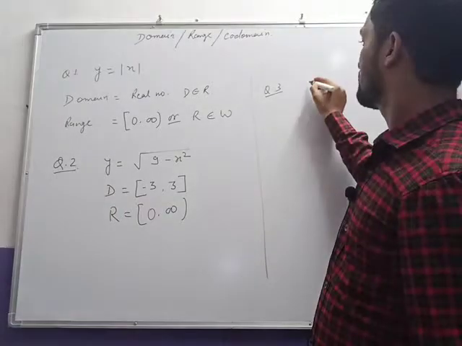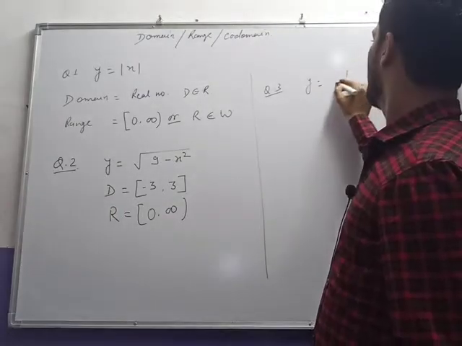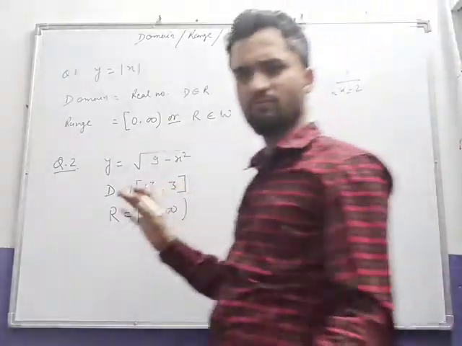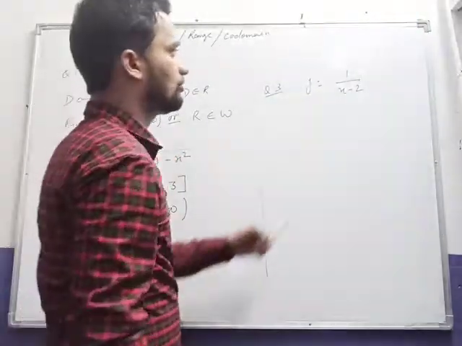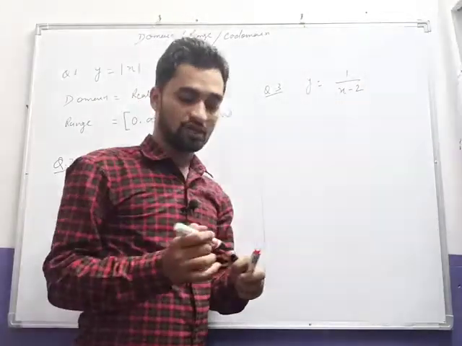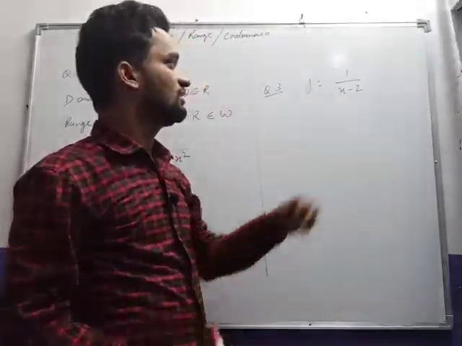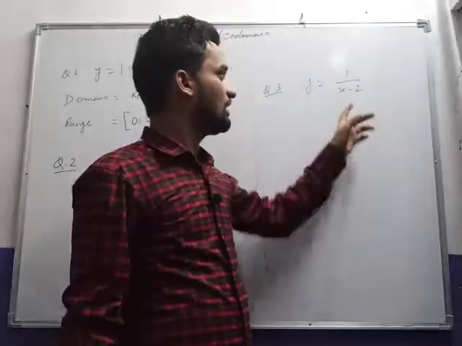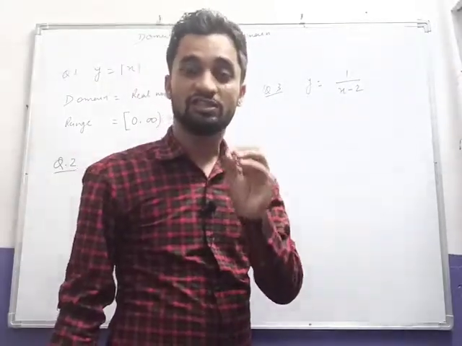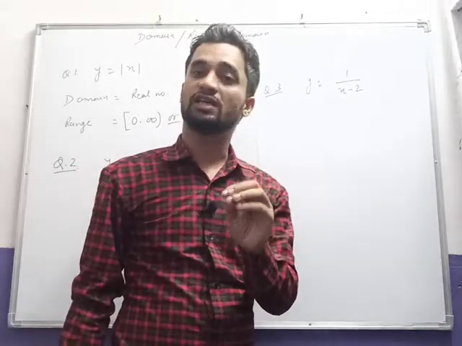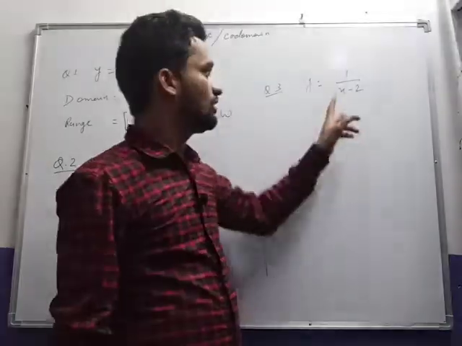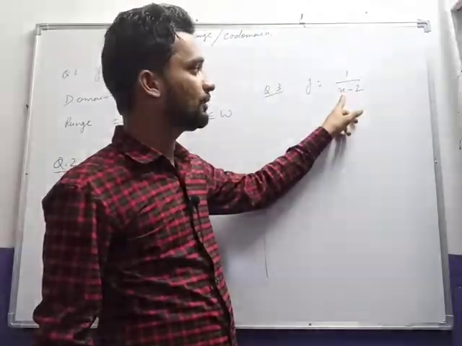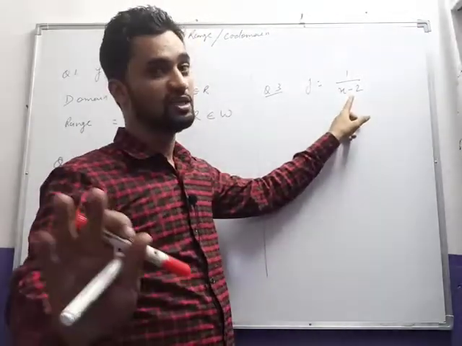So suppose again y equal to 1 upon x minus 2, for any function we are taking. As you know, this function must be defined for the value of x which we are going to take. As you know, in the denominator 0 cannot be there. If 0 is there, it means that will be undefined. So x cannot be +2. If we put +2, then 2 - 2 will be 0, and 1 by 0 is not defined.